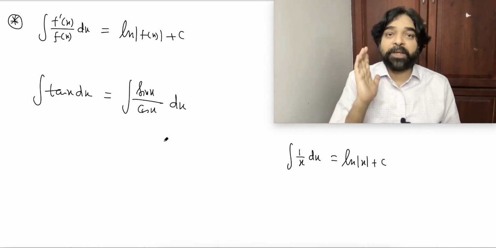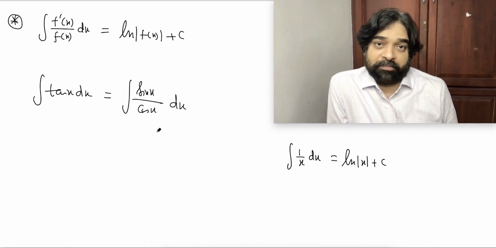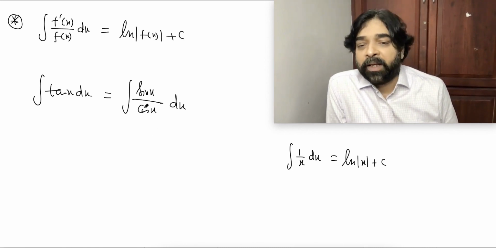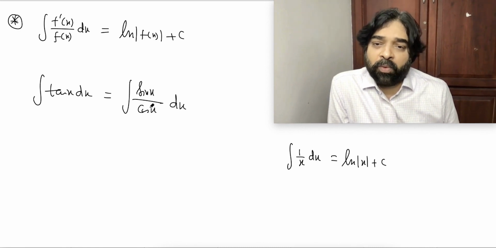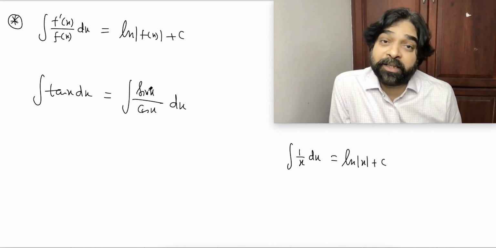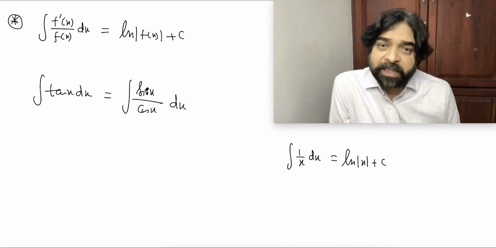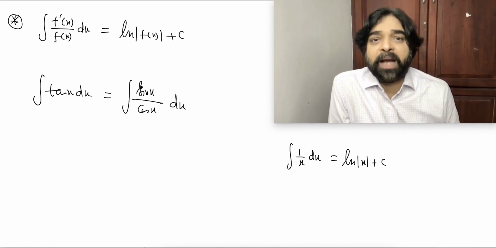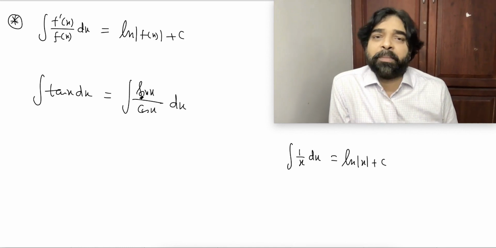Oh, we got something by something. The moment we get something by something, we should be alert. There is a chance of getting the answer quickly. The denominator is cos x, the numerator is sin x. What is the differentiation of cos x? Minus sin x. Is the numerator the differentiation of the denominator? No, not at all. But what is missing? A constant is missing, a minus is missing. So we can multiply by minus. There is no problem at all.